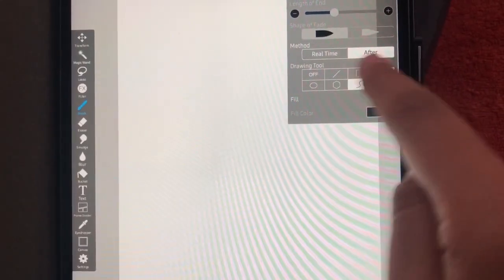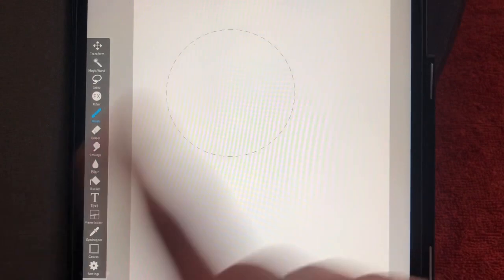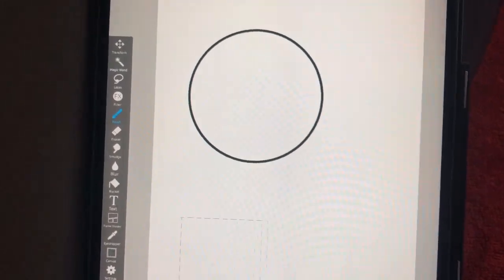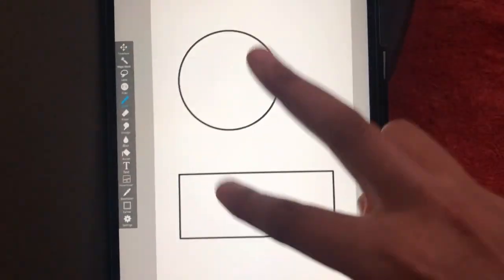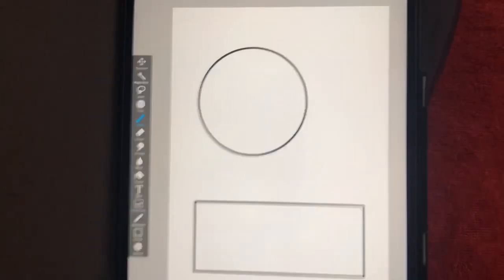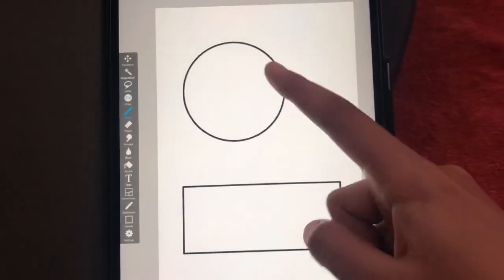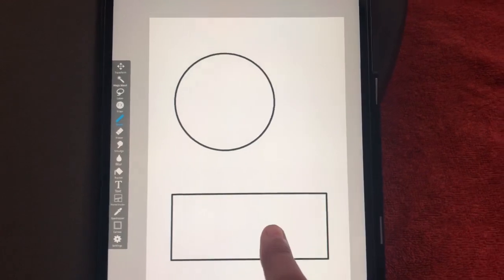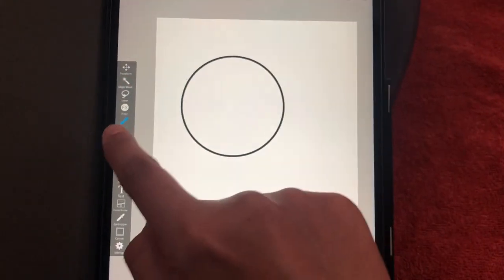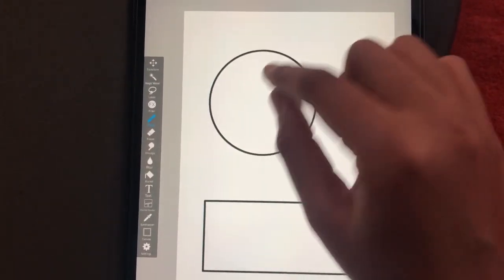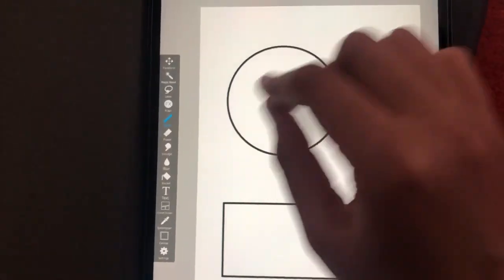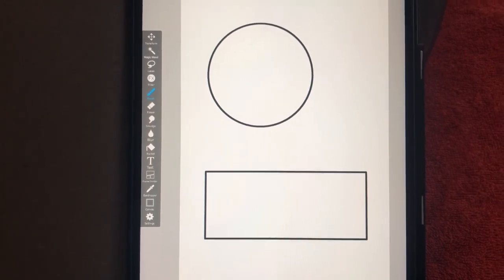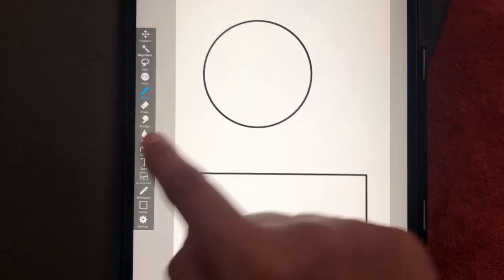So I'll draw a circle with the default shape, and I'll draw another, maybe a rectangle with the rectangle shape here. Okay, so these are the 2 shapes that I've drawn using the default shapes. Now what if you want to fill the circle and the rectangle using a yellow color and a blue color? You just can't simply use the brush option and keep scribbling inside the circle to paint it fully in yellow color. So an easier option which will save your time and will be more accurate is the bucket option.